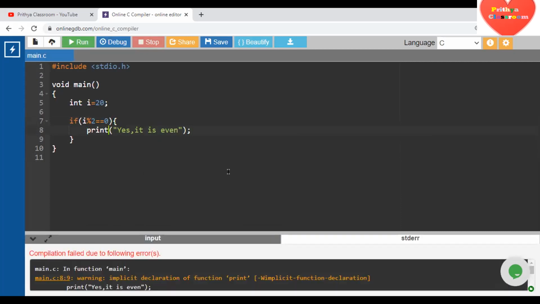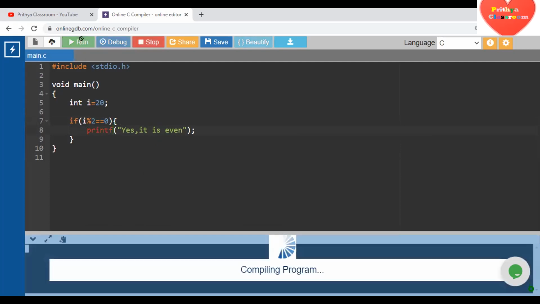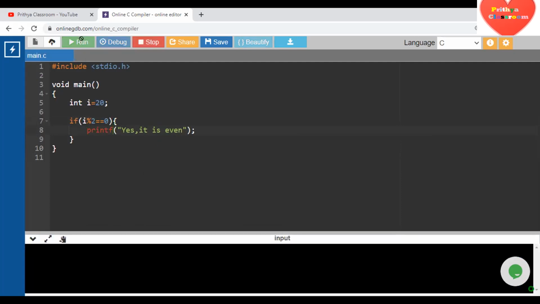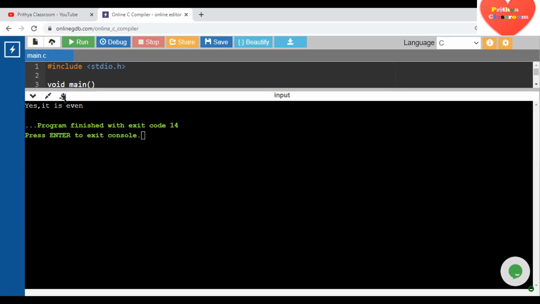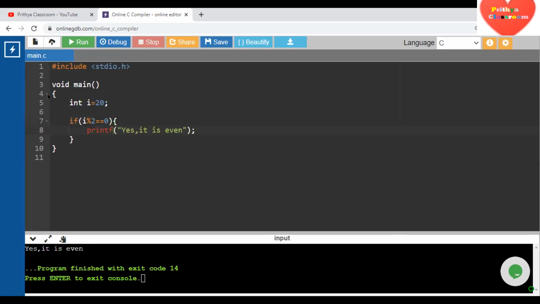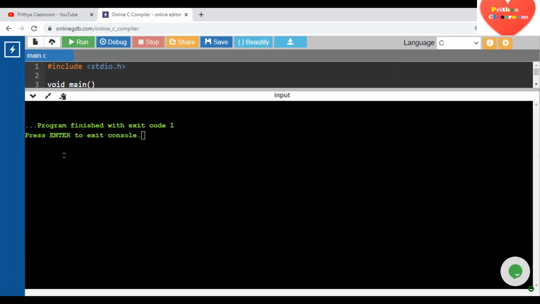So that is compilation. Okay, so this is an example of a simple if condition. So you could see now it is displaying "yes it is even". So if the condition is not true, like when I provide an odd number 21, what happens, the computer will not get into these curly brackets. The computer does not enter the curly brackets, so you could not see anything.